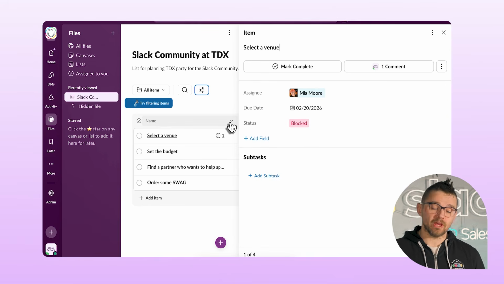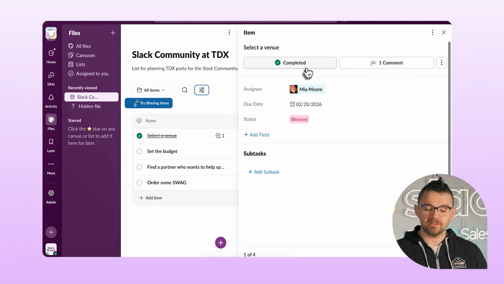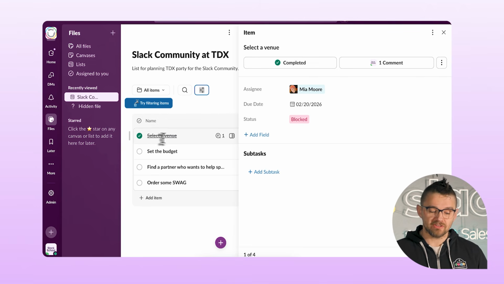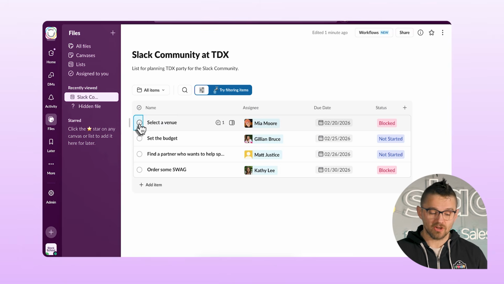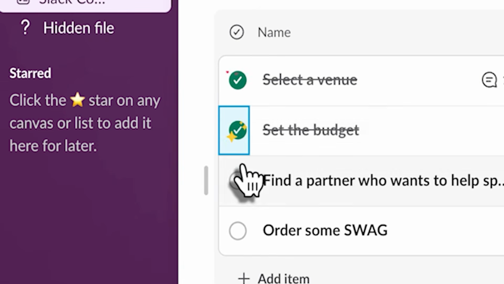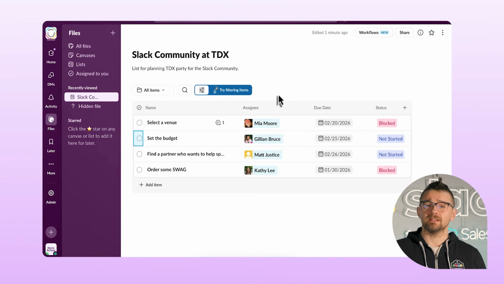Now you'll notice when I opened the item, there is this big mark complete button. I can click this button here and it'll check this off, showing that this is done. I don't actually have to open the item. If I need to edit its status as complete, what I can do is check or uncheck any of these options from right here, and you get a nice little animation with that because it's Slack and we love you. So now I have my list, but